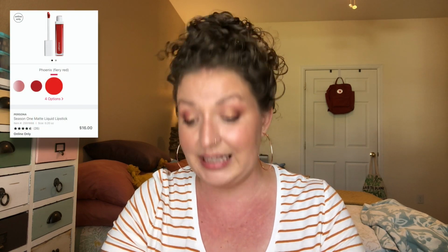So I have 3 different lip products from Persona on my list. The first one is the Season 1 Matte Liquid Lip in the shade Phoenix. This is described as a fiery red, and I don't have a red like this in my collection, but I really want one. I think it'll not only be fun for fall and even maybe the holidays, but also for summer. I think I'll get a lot of use out of it,